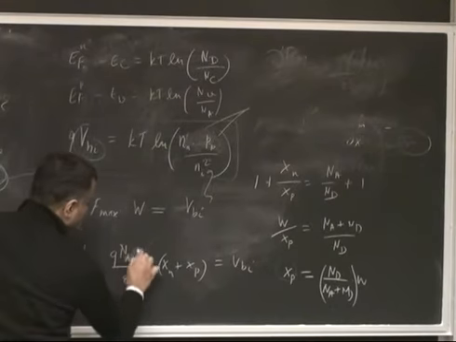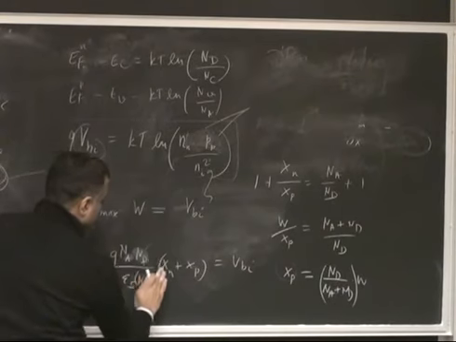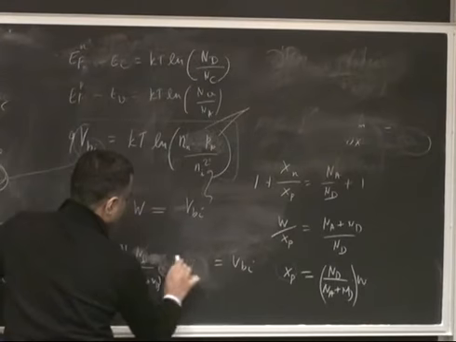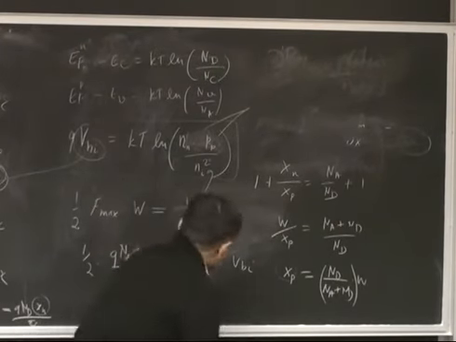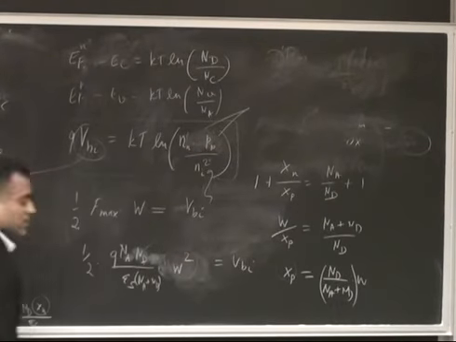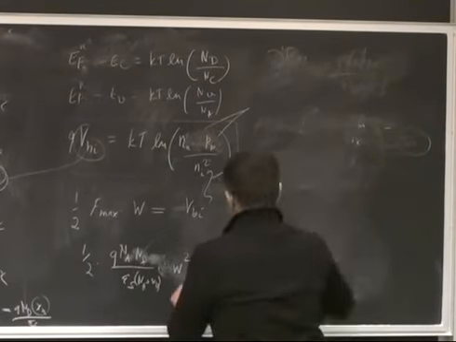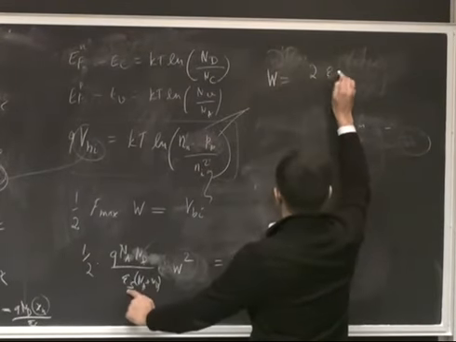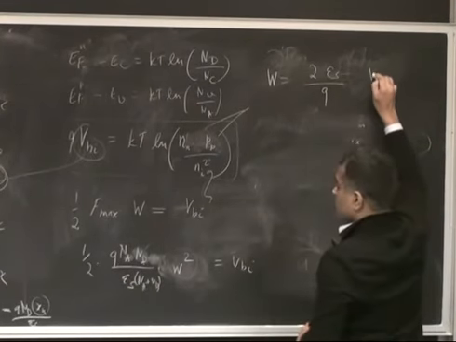And what you end up getting is NA ND over NA plus ND, right? Times, what does this become? There's a W here and there is a W here, so you get a square of the depletion width. And you now know your depletion width, because this is the only unknown in this whole equation, right? So the depletion width is, and this is a kind of important result, the width is 2 epsilon dielectric constant over Q, 2 epsilon times VBI,